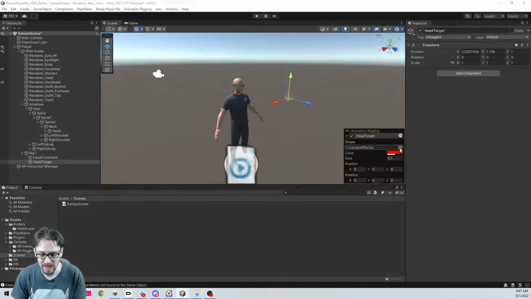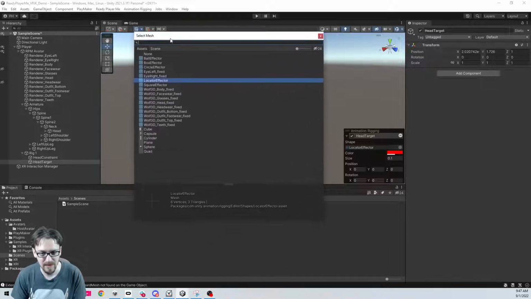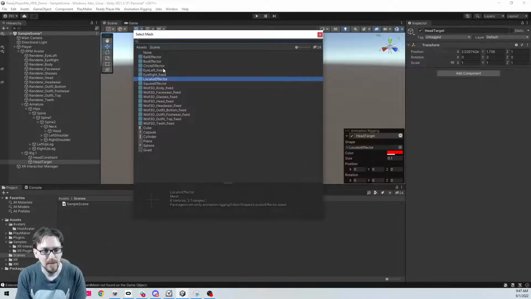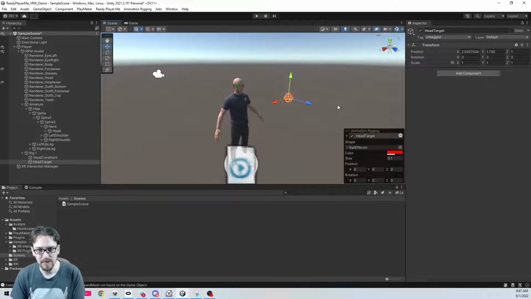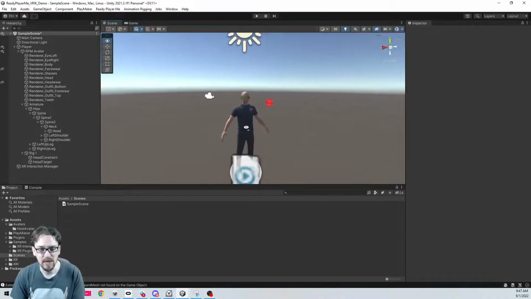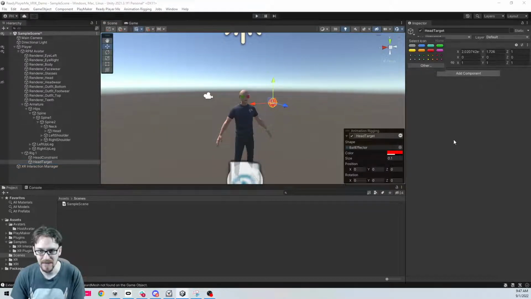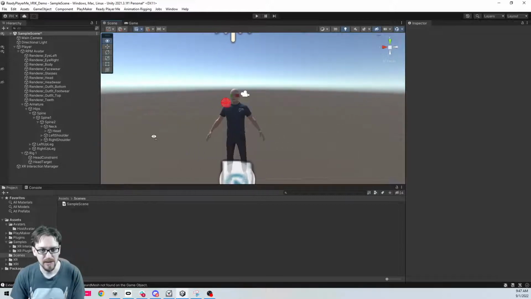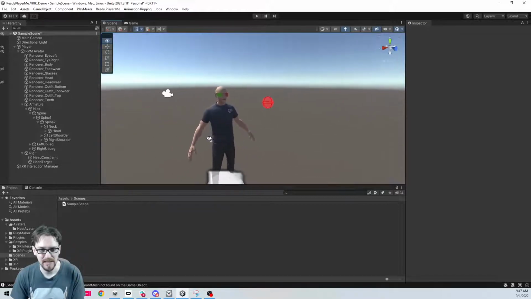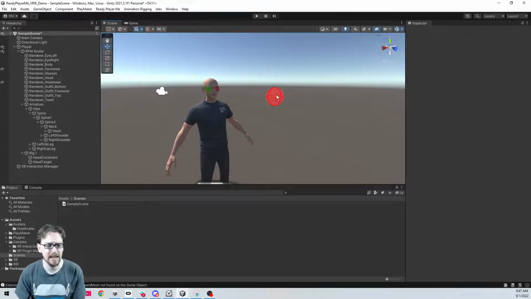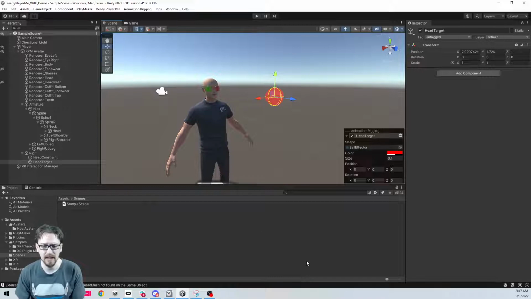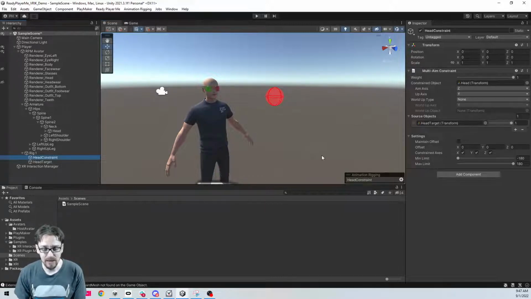So I can do these little effectors, or I'm going to do like a ball effector. So now you can see it in the scene, even without the game object highlighted. But the tags, these little thingies, do that too. Maybe it's just to separate it and give some transparency, so you know that's related to the rig. All right, so that's my head target right there. So it makes it really easy for me to click on it in the scene and start acting it. Yeah, so there's our head is constrained.